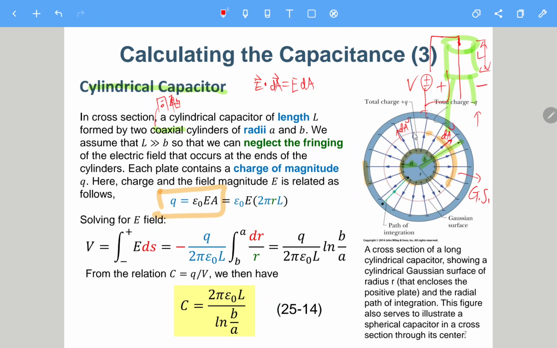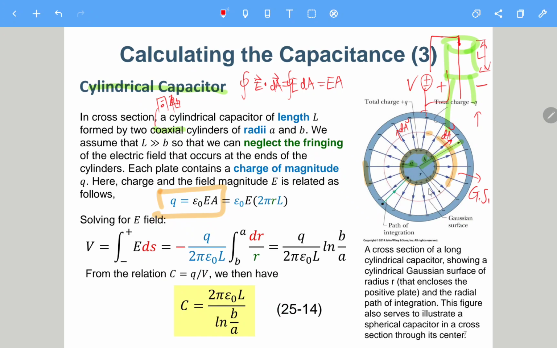So it turns out like epsilon naught E times A. Originally it's an integration, and then it turns out to be E times A. So on the left side we have epsilon naught times E times A equals Q. And then what is A? A is the cross section,